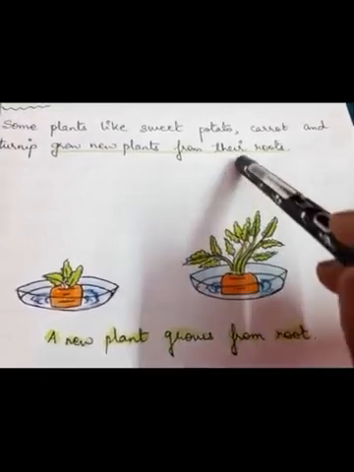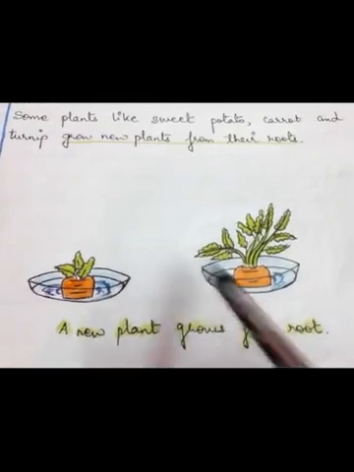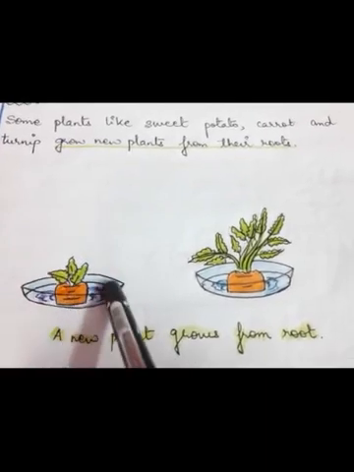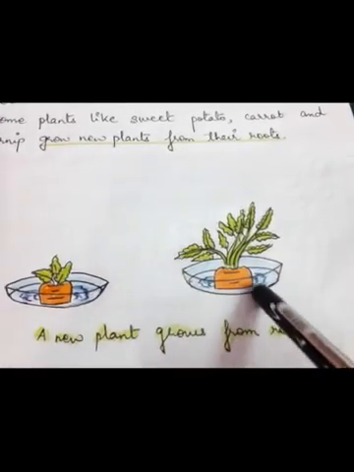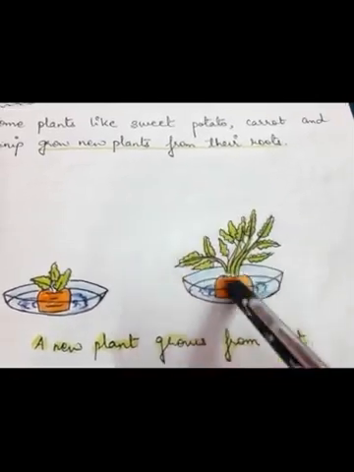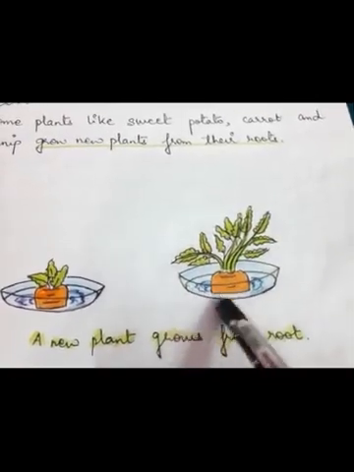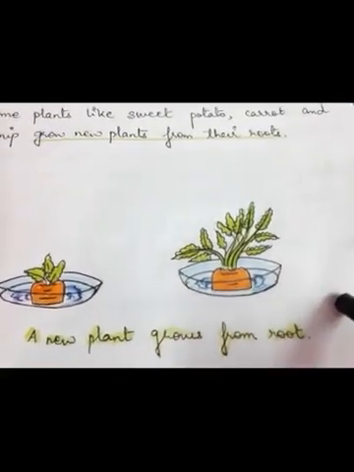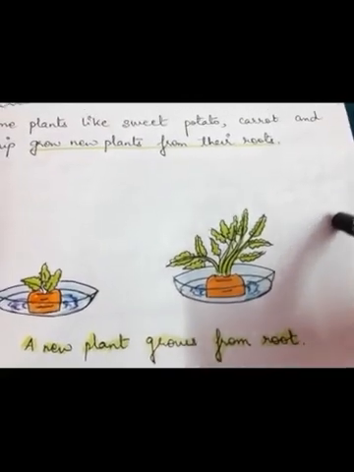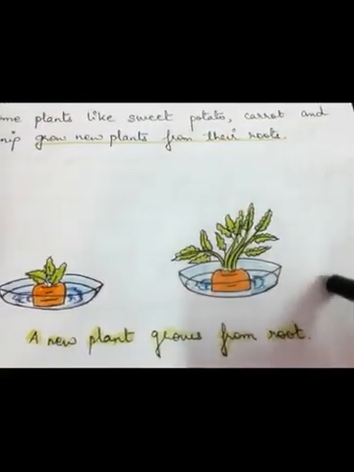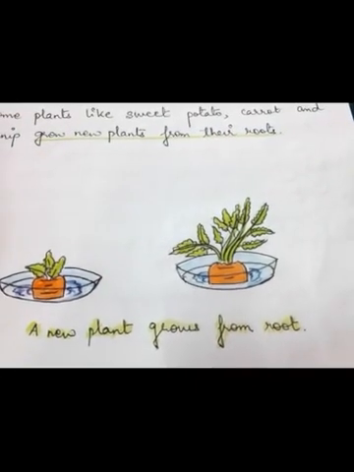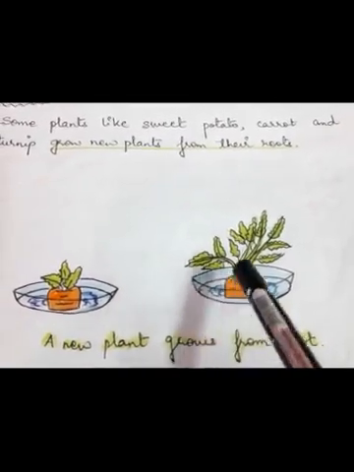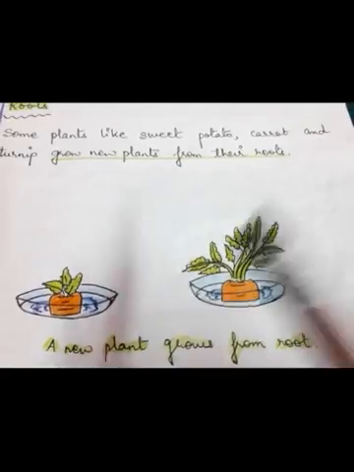It's growing up. Now here I am showing it on a plate. Can you see the upper thicker portion of the carrot I have cut and placed here, and I have put some water also. After a few days the baby plants are coming out. Now what will I do? I will remove it from here and put it into moist soil and take care of it. After some days I'll see the plant will grow up and I will get to see a carrot there. In this way, that is the vegetative part I have used to grow a carrot.